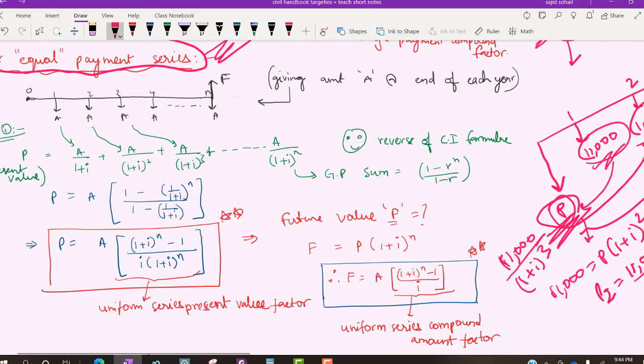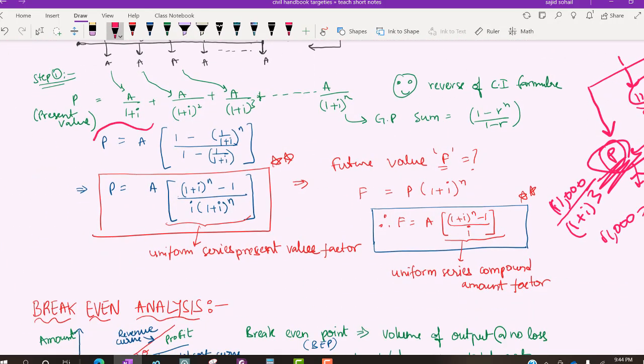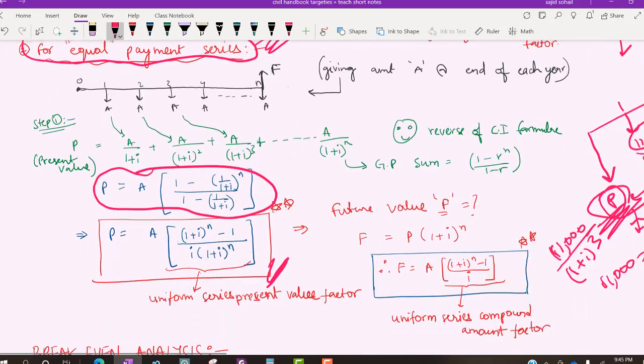Okay, so present value कितना है आपका? It is the value whichever you are paying at equal installments, that into 1 minus 1 by 1 plus I whole to the power of n divided by 1 minus 1 by 1 plus I. Very simple, right? अगर आप कॉमन निकाल दोगे, so what you will be getting, your P value is equals to A into 1 plus I whole to the power of n minus 1 divided by I into 1 plus I whole to the power of n. No need to remember anything. एग्जाम में डिराइव कर लेना एक ही बार, not at all a problem, no need to think. So if this is equal payment, this will be your value.